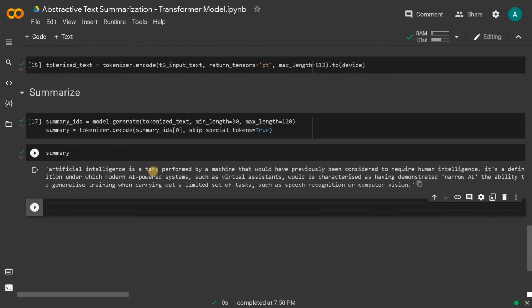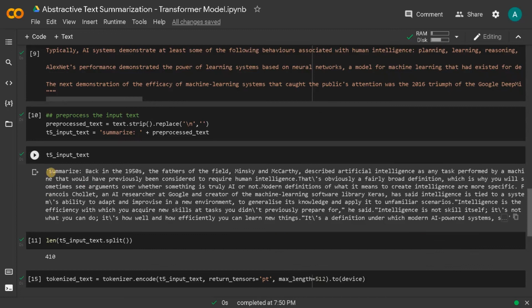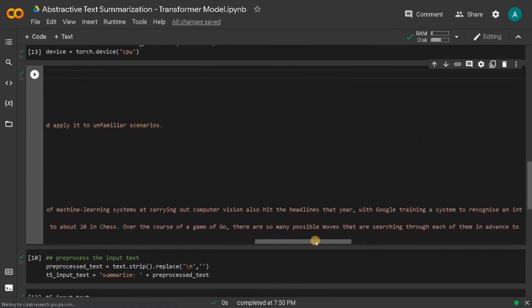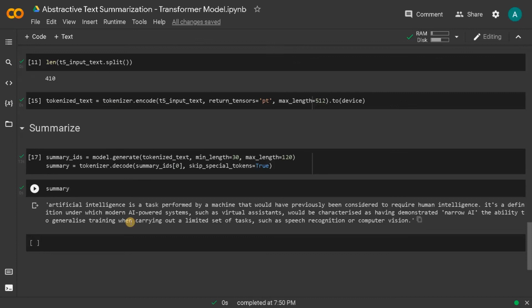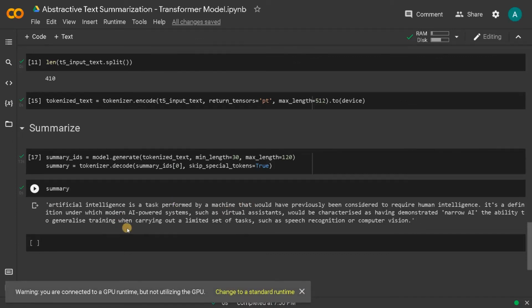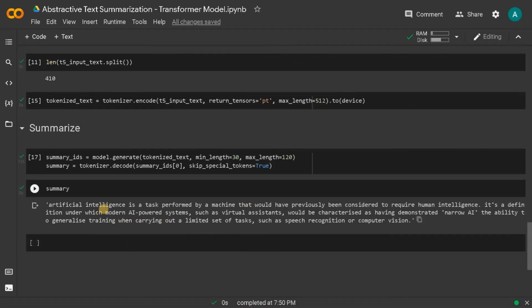Okay, artificial intelligence is a task performed by a machine that would be previously been considered to require a human intelligence. Its definition under which modern AI powered systems such as virtual assistants would be characterized as having demonstrated narrow AI, the ability to generalize training when carried out a limited set of tasks such as speech recognition or computer vision. So from this bigger article, it just converted all these paragraphs into like 3 small lines. So this is the summarized results we are having,